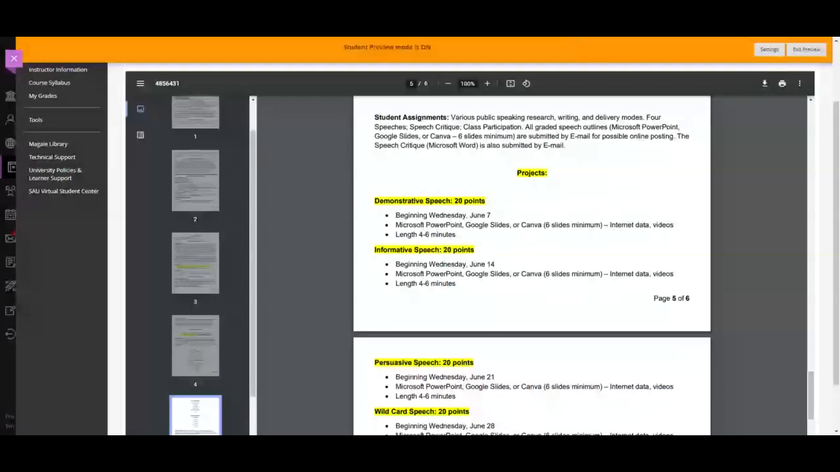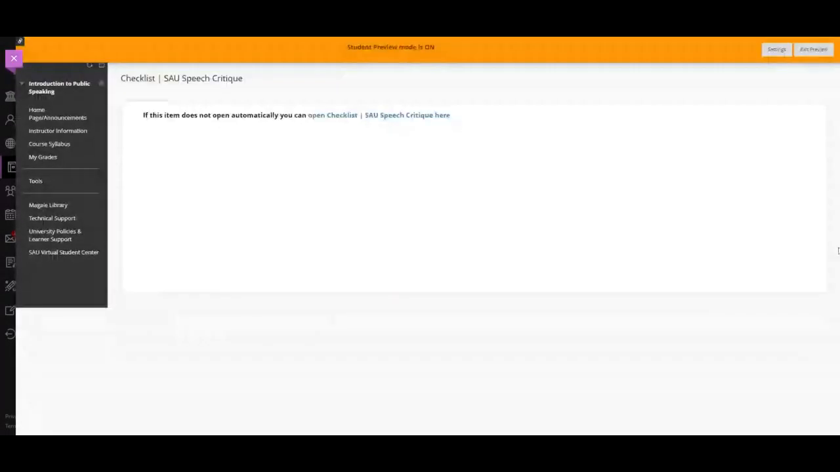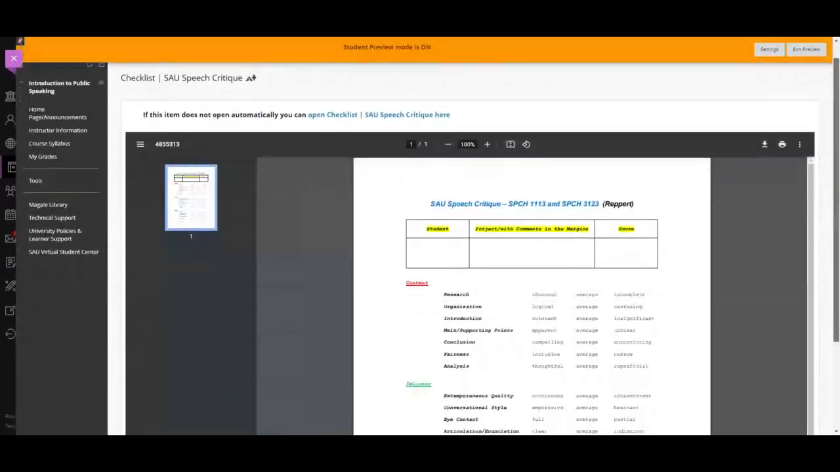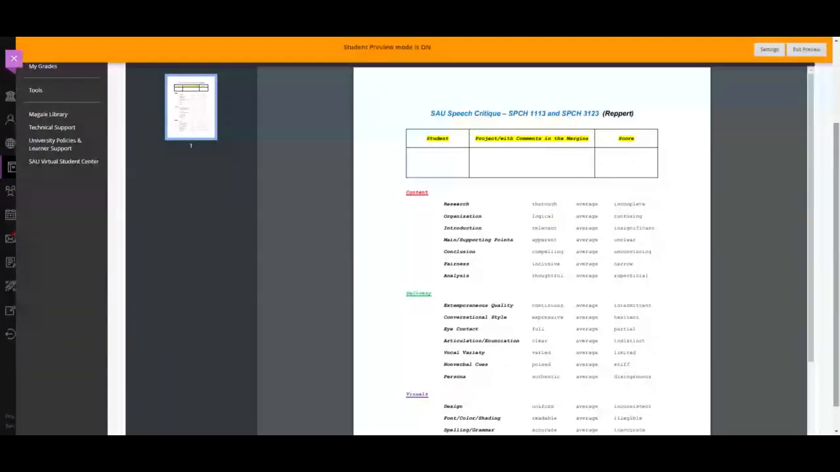Ideally, your personality is going to come through on the screen, and that's why I want to go to the speech critique area at the course syllabus. Course syllabus, speech critique. When I'm grading you, this is an unofficial guide. Think about your content with research being thorough, organization logical, introduction relevant, main supporting points apparent, conclusion compelling, fairness inclusive,